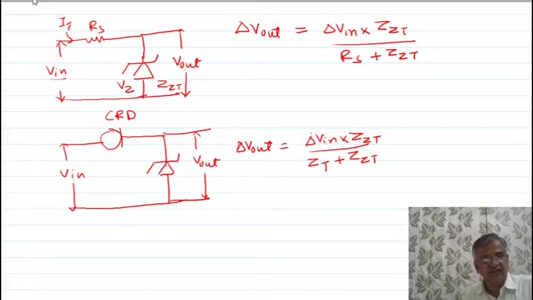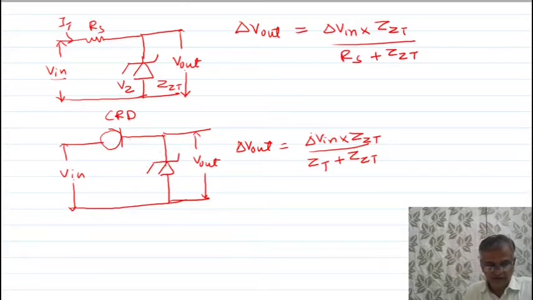Now here is the end of the discussion of this topic. We'll see the numericals based on these two circuits. I think you understand what the advantage is. First, this is a few hundred ohms, and this is mega ohms. So the change in output voltage in this circuit is more, and in this circuit the change in output voltage is less. Second, here the maximum increase in input voltage depends upon the power rating of these two. Here the maximum possible increase in the input voltage depends upon the voltage drop capability of a CRD.